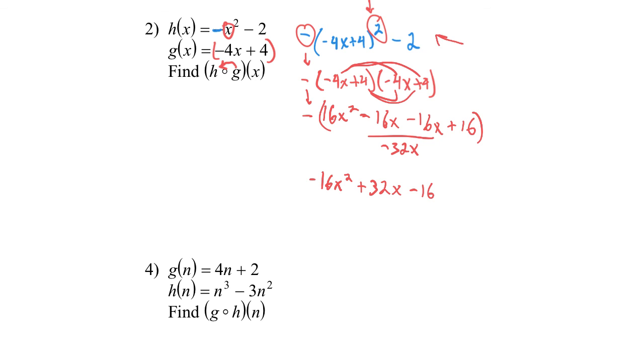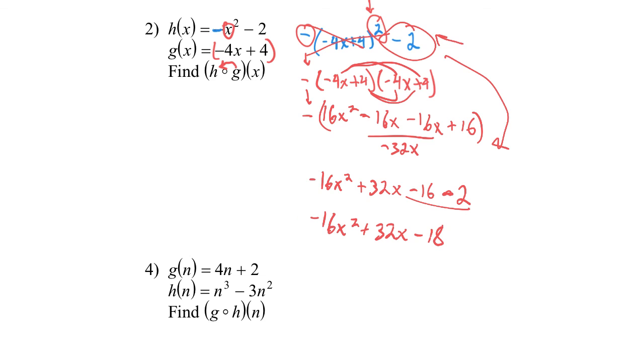I took care of the square part. The only thing I haven't done anything with is this negative 2. There's nothing really to do. You just drop it down and combine like terms. So negative 16x squared, positive 32x, negative 18. And label it. So I have h of g